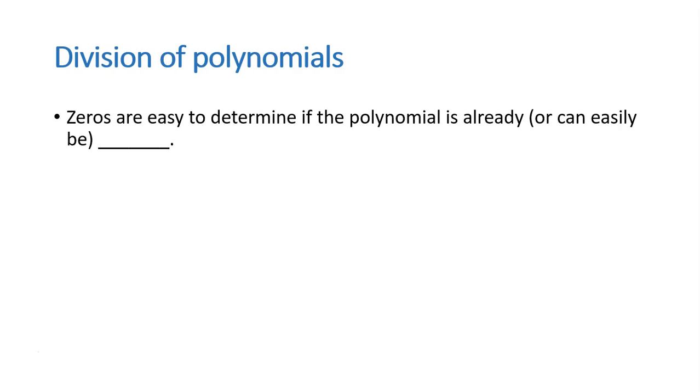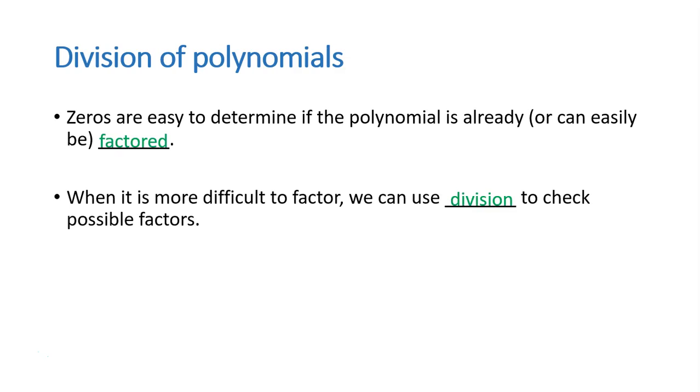Zeros are easy to determine if the polynomial is already factored or can easily be factored. When it's more difficult to factor, we can use division to check possible factors. Keep in mind, what we think of as factoring is really just a special form of division. If something is a factor of a polynomial, it means that it divides in evenly to that polynomial. So we can rewrite the polynomial as a product of this factor that divides in evenly and then whatever's left